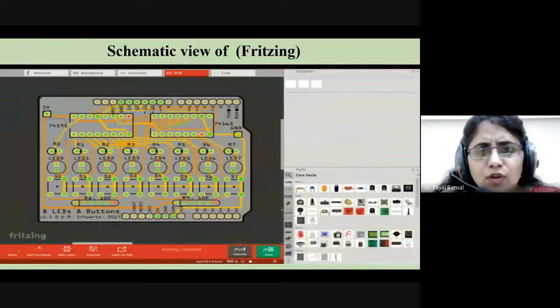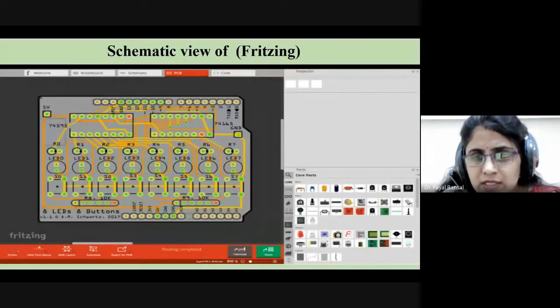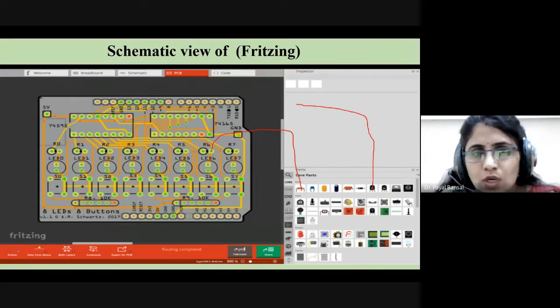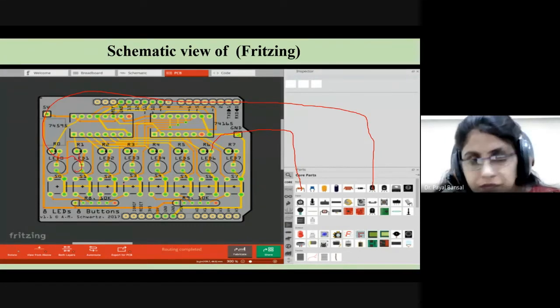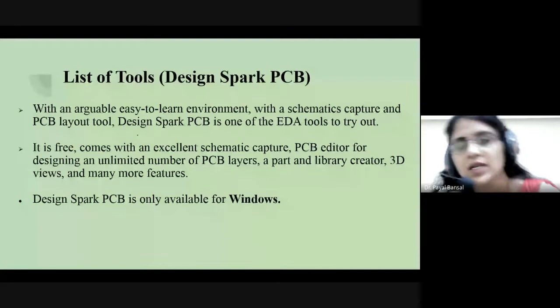The schematic view of Fritzing is like that. If we want to design a perfect PCB with the help of Fritzing, we'll have a connection like that. It is quite easy. If I want to pick a resistor, I just pick it from here and put it over there. If I want to pick a transistor from here, I can connect it wherever I want to. Next, the next tool is the